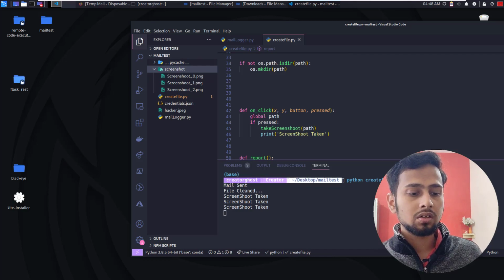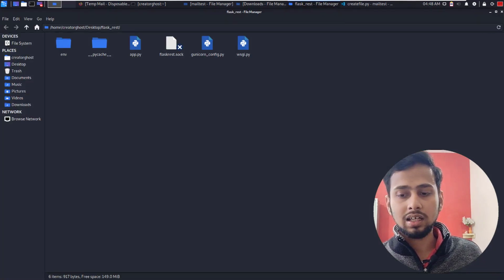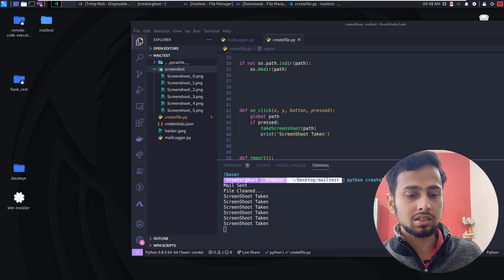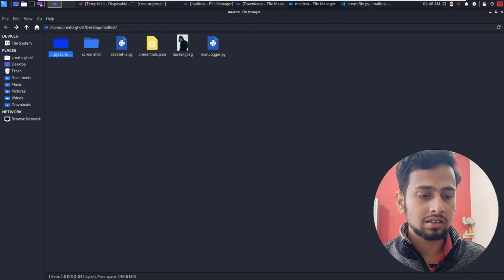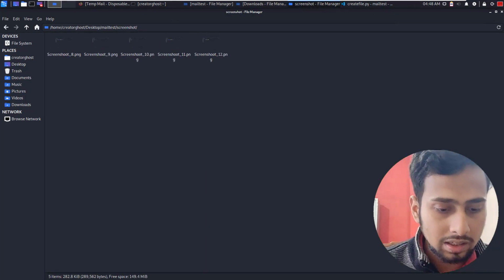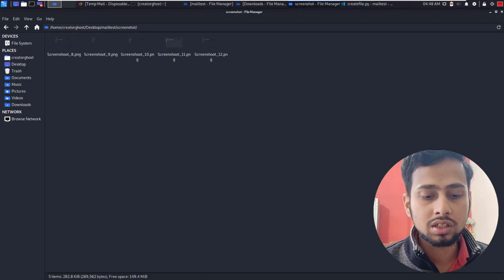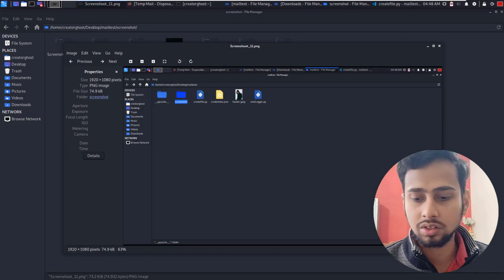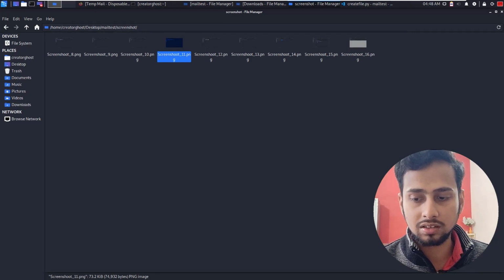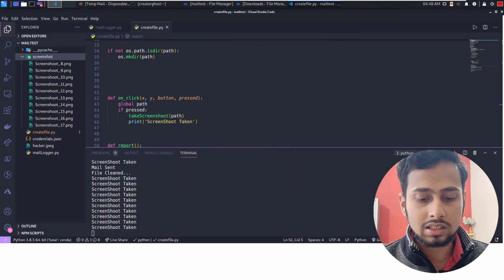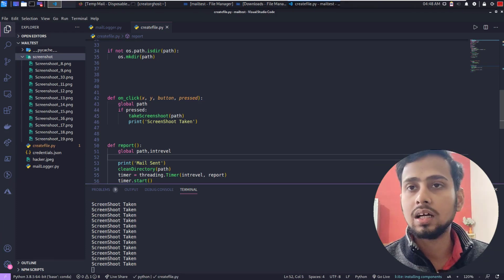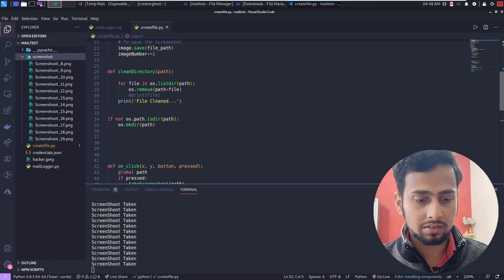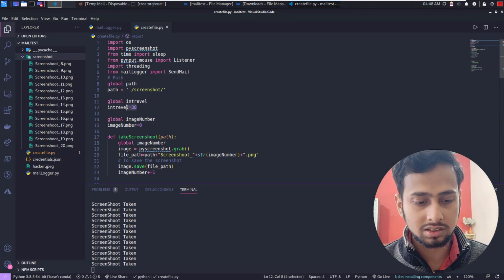So let me just open something like this, and let's see if all the screenshots are present here. So this is the file where I am coding in. Now let's have a look at this screenshot folder. We are going to see a screenshot of each and every file, and the time interval that we have provided here. So let me just increase the size, it is basically 30 seconds if I am right. So yes, it is 30 seconds.